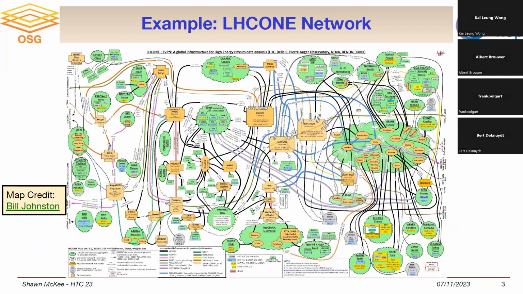I always like to show this diagram. This is the LHCONE network. This is actually just a subset of the world's many networks, and this is what we use for high energy physics. This is how we have to communicate, and you can see the spaghetti here. By the way, that's the reason why the telescope people ship tapes. Credit goes to Bill Johnston, who continues to maintain this. The link on his name takes you to a presentation Bill has on how to interpret this diagram and all the symbols on it.